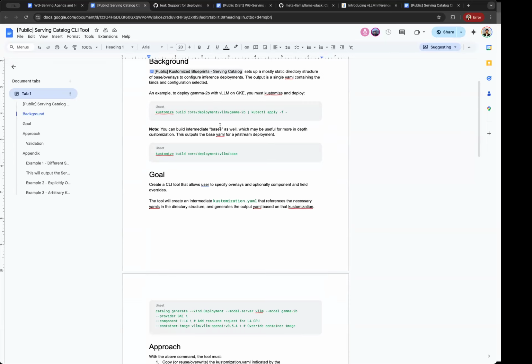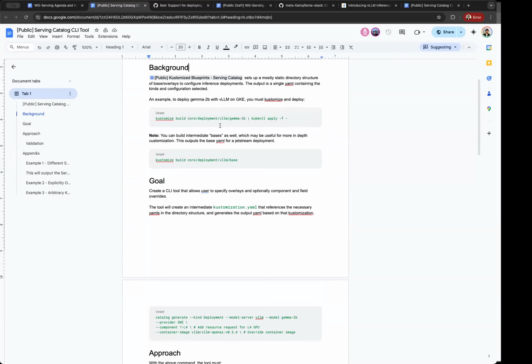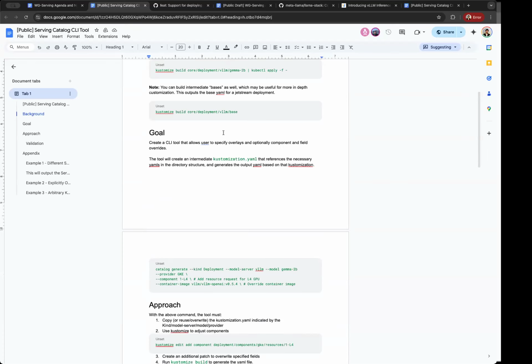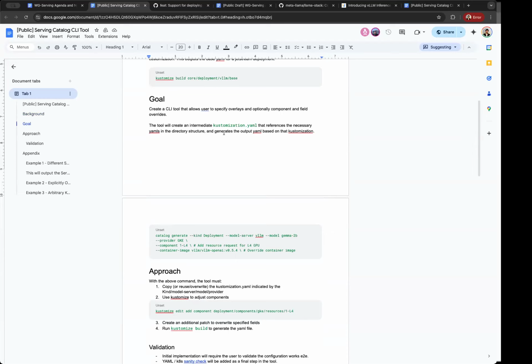You can, of course, go in and adjust a kustomization.yaml file to add a different component. For example, if you wanted to use different HPA metrics, you could modify the HPA patch YAML and the kustomization YAML for this Gemma 2B and then rebuild it with kustomize. So the point of this CLI tool is to take it a little bit away from the statically defined kustomize structure into a CLI tool that takes this template structure as an input,